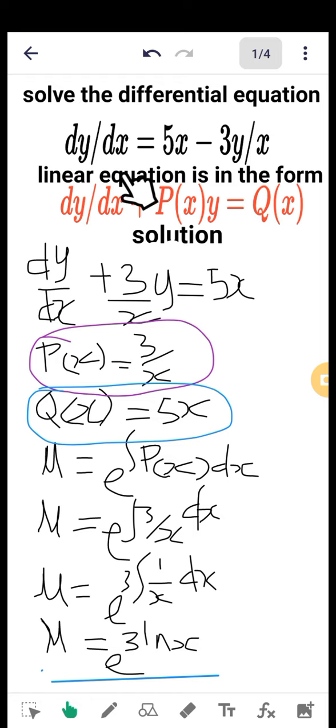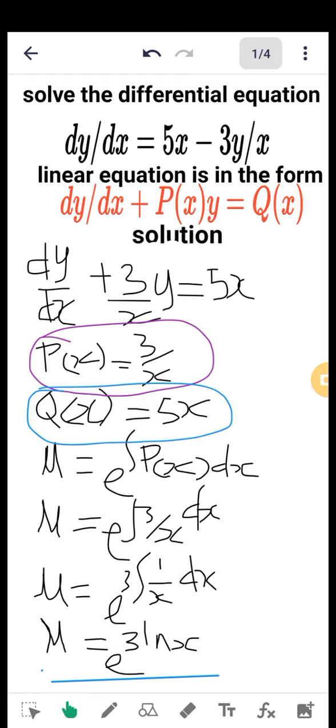Because a linear equation is in the form dy/dx plus p(x)y equals q(x). So a linear equation is in this form, and the p(x) and the q(x) just represent functions of x. So we always try to write our differential equation in the form dy/dx plus p(x)y equals q(x). Upon doing so,